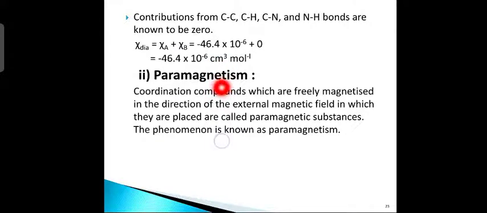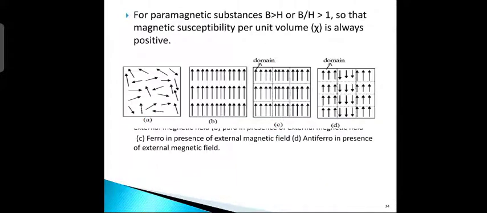Next is paramagnetism. Coordination compounds which are freely magnetized in the direction of the external magnetic field in which they are placed are called paramagnetic substances. Okay, and the phenomenon is called paramagnetism. Now,